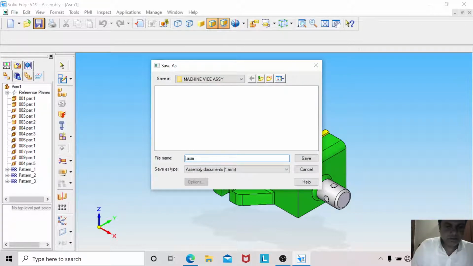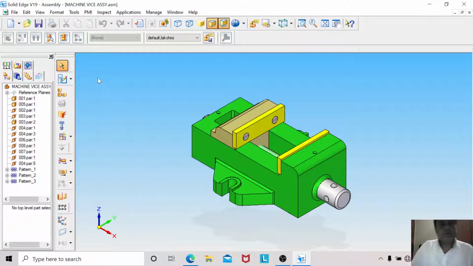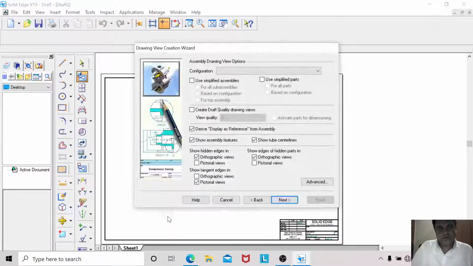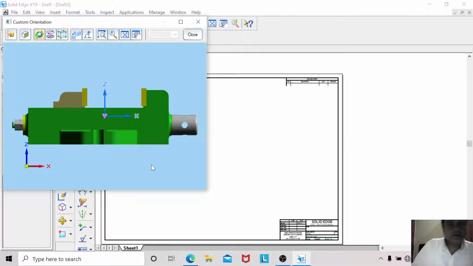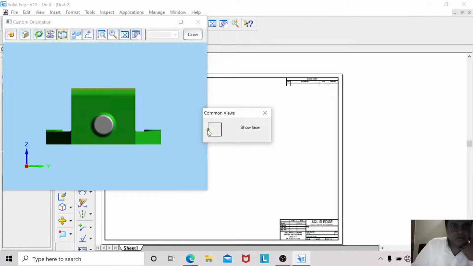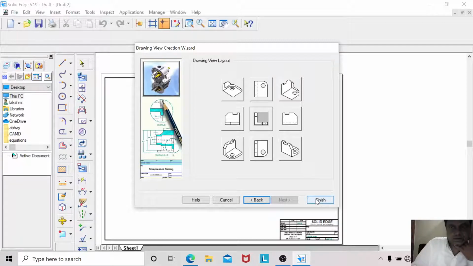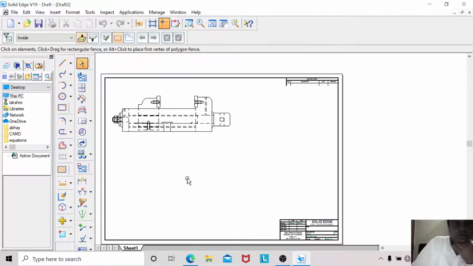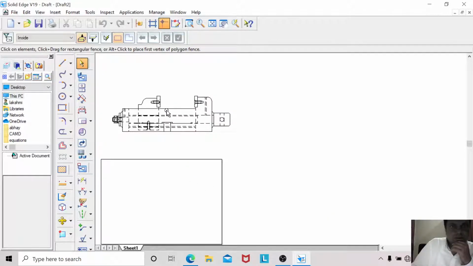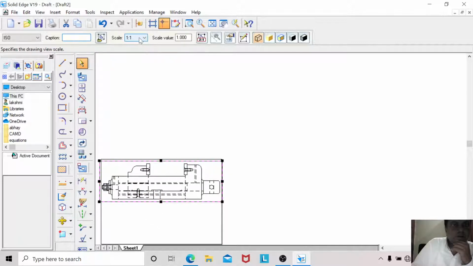You can name it. We'll give the name machine vise assembly, which will be saved in your folder which you have created on desktop. So after this, just go to file, create drawing, and using this custom icon you can check whether you need this view or this view or some other views. Okay, I will just create this front view, and then quickly remove this sheet and set this to A4 sheet and bring this view here and try to accommodate and try to reduce the